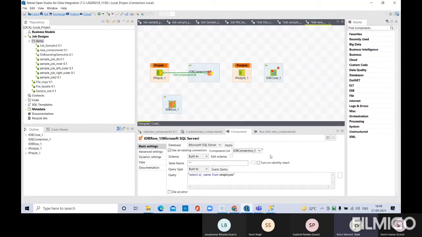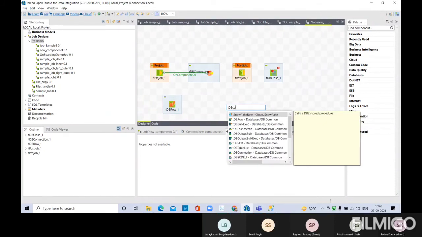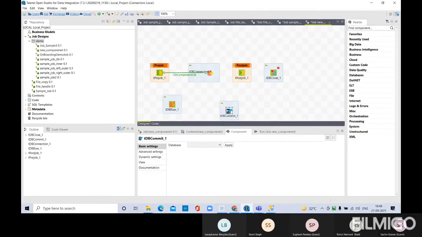And then after the execution, you may want to perform some commit operation or close the DB connection. Now type TDB commit. Yes. Choose the database.